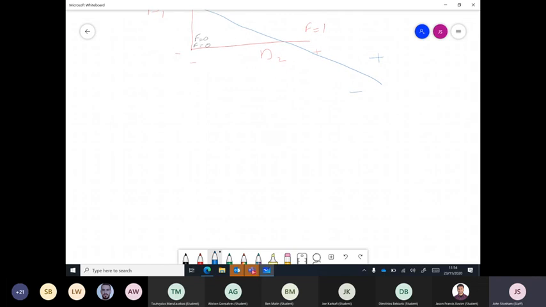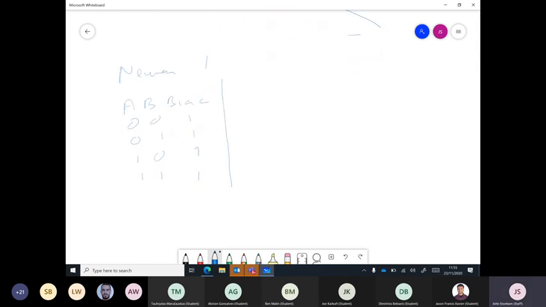And let's just try and have a look at weight vectors for neuron 1. The inputs are going to be A, B, and bias. It is going to be 0, 0, 1, 0, 1, 1, 1, 0, 1, and 1, 1, 1. Bias is always 1. And the decisions we want is